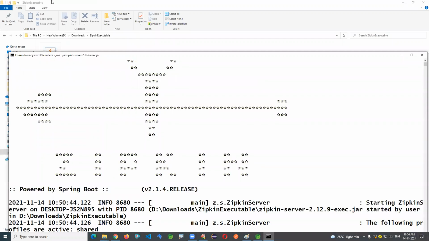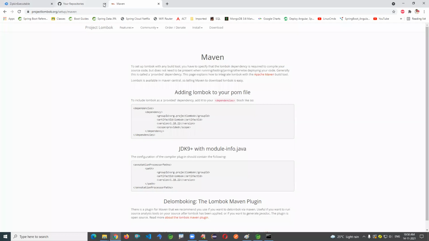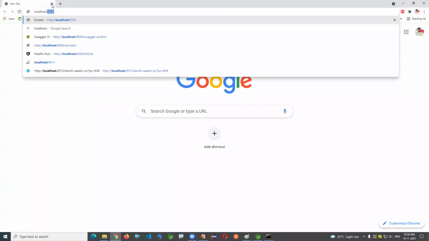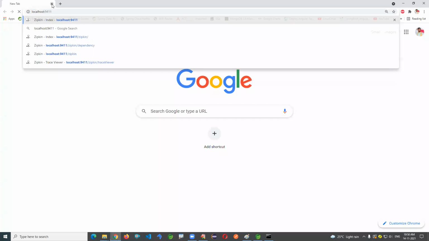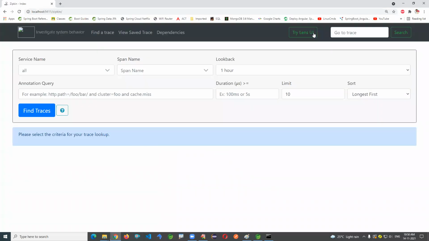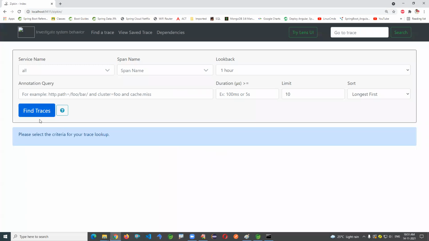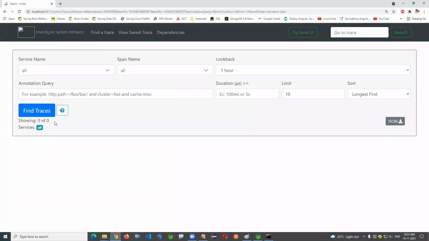It's done. Go to the browser, type localhost:9411 and press enter. You can try the Lens UI or come back to the classic UI. That's fine here. Find traces: 0. Result is 0. So far nothing we got.